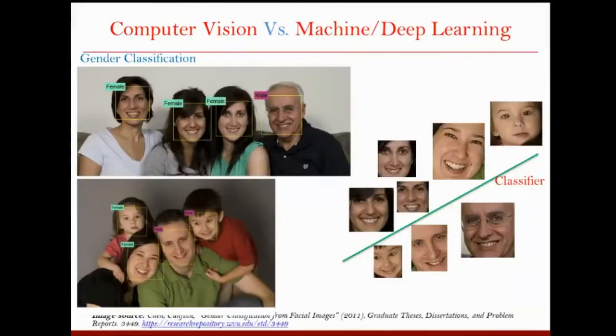Okay, there's another field which, normally we will talk about, is machine learning and deep learning. In computer vision tasks, we will be applying techniques from machine learning and deep learning. Just to understand this, for computer vision, machine learning or deep learning are going to be provided as tools.